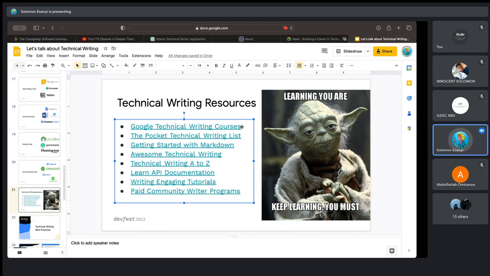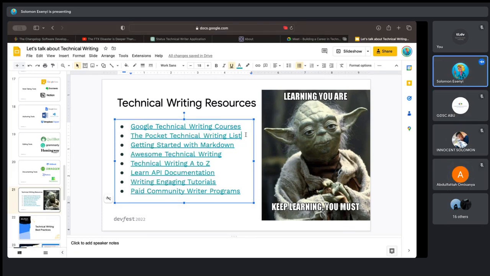So the first one here is a compilation of courses that were created by Google on technical writing, and then the remaining two are also in the same way as the first one. So this also contains a list of technical writing resources. This article here helps you get started with Markdown.